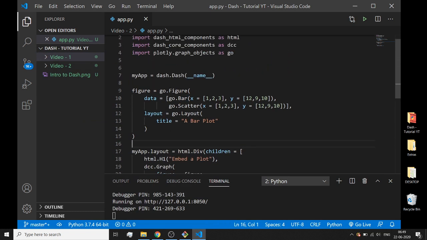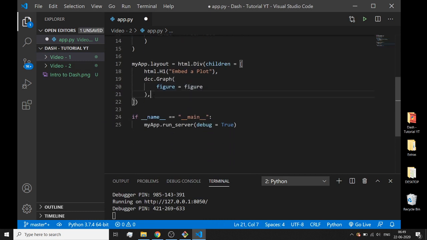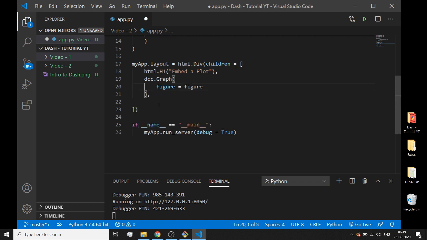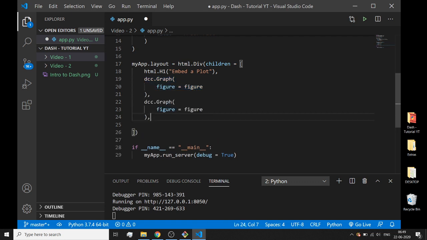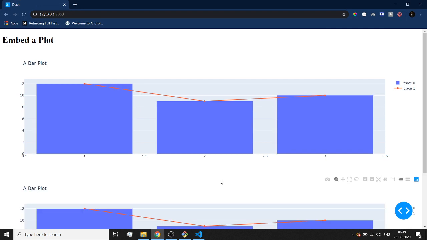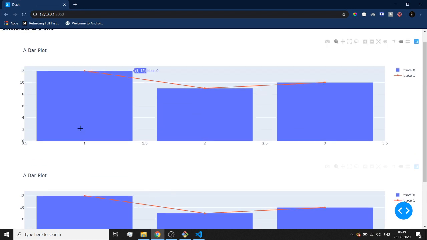What you need to do is, you just need to make one more figure, and you can add one more dcc dot graph. So let me quickly show you this by copying this particular code here. So I have created one more figure, one more graph object, or rather I should not call it graph, one more graph component. Okay, let's see if it took effect. Yeah, so you can clearly see now we have another figure which is just down below the old figure.